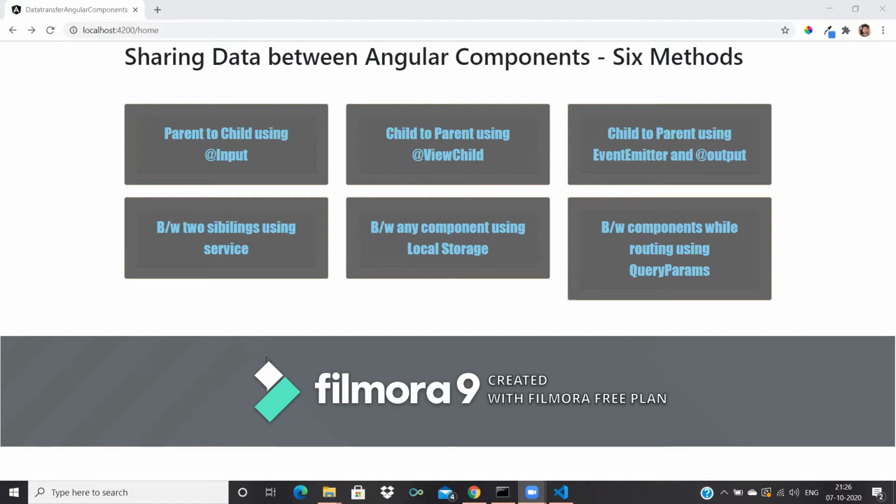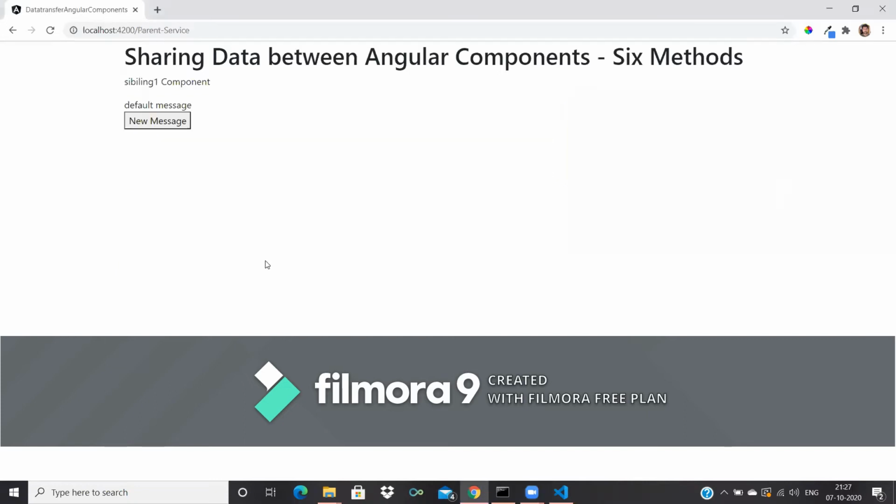For example, if you want to transfer data between two sibling components, the two will be different. There is no interlink between the two components. If you want to transfer the data from one component to the other, we can do that using a service. We'll see how we have done it here.